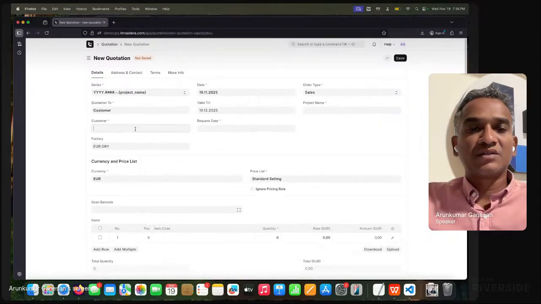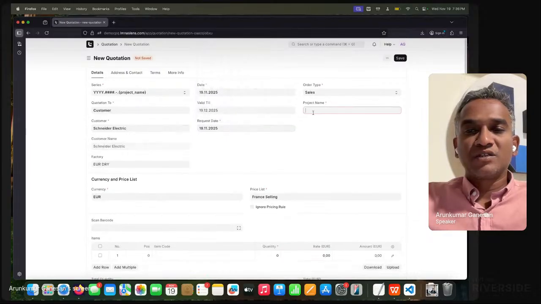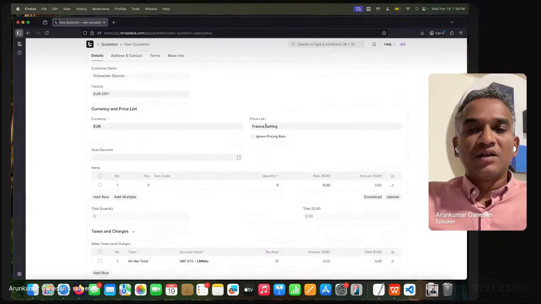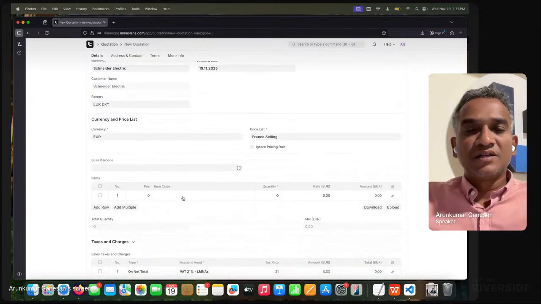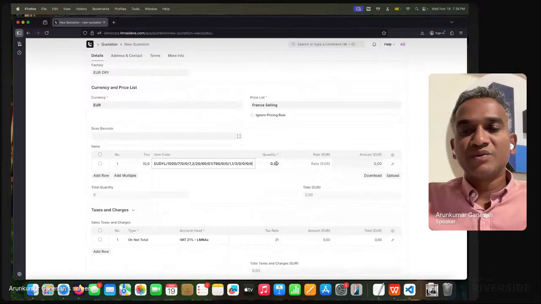For example, just choose the customer, the request date, and the project name, say webinar, right? And for this customer, the price list is automatically picked up because these are all configurations we have already made. Just choose the item which was already created, and it picks up the rate and other things.